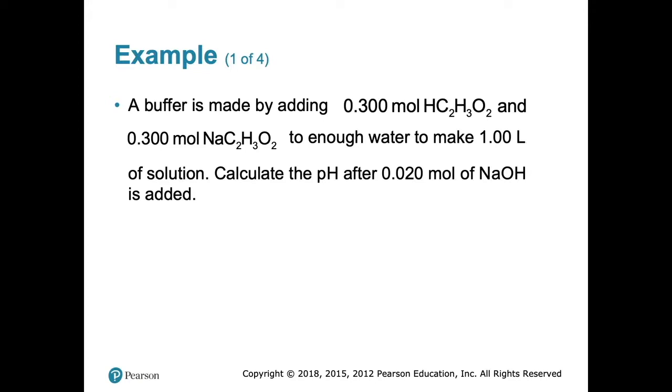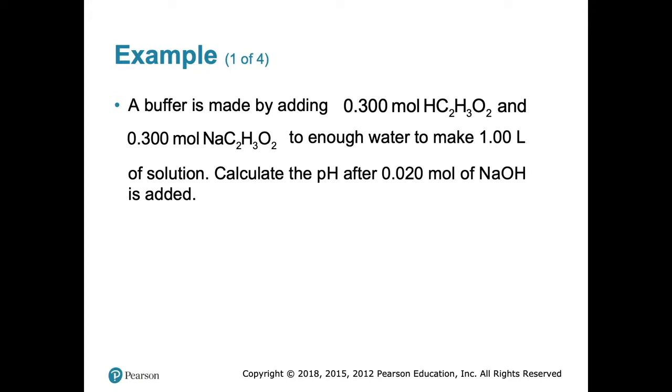Most of the time, in the questions that you get, like from the assignments and the exam, it won't give you the amount in moles. It'll give it to you in molar, and you have to convert it to moles. So remember that molar is equal to the number of moles divided by 1 liter. One of the reasons it's already in moles here is because you made it 1 liter. But it's never going to be that easy. You're going to have to remember to convert to moles, okay?